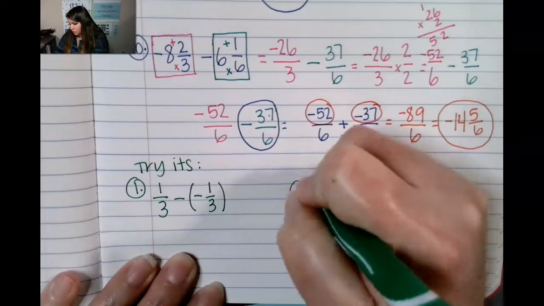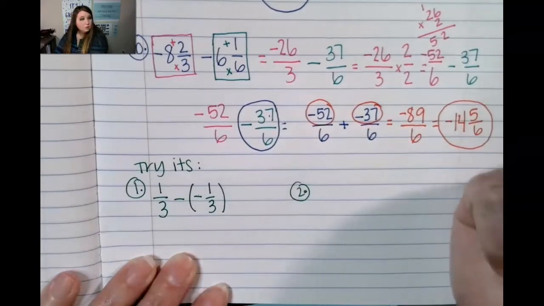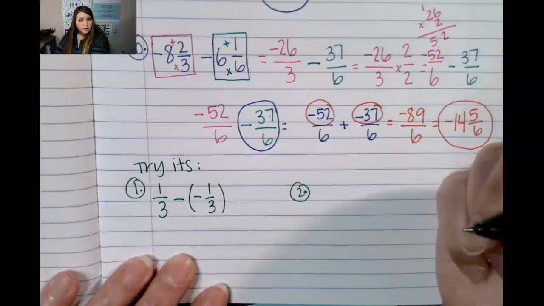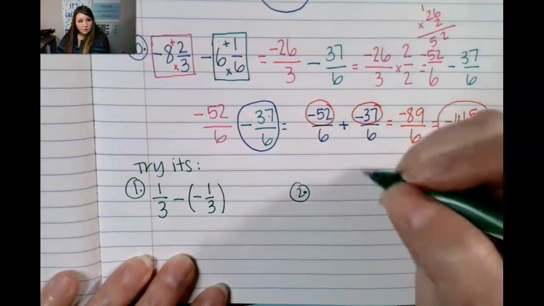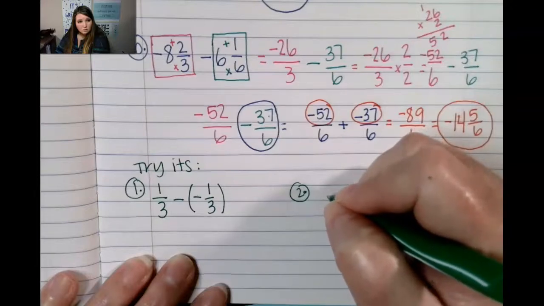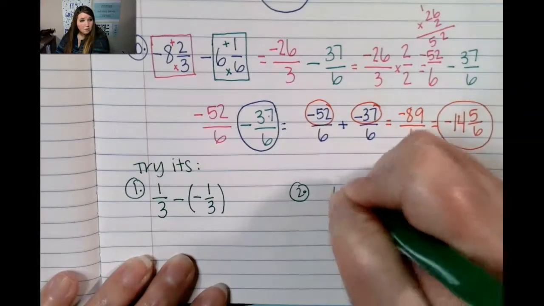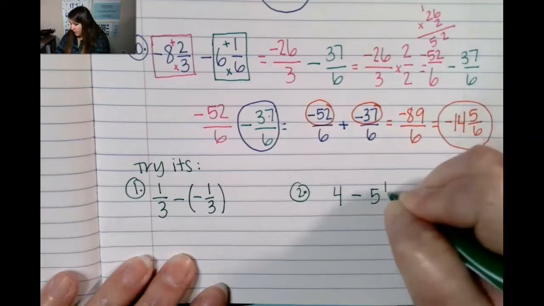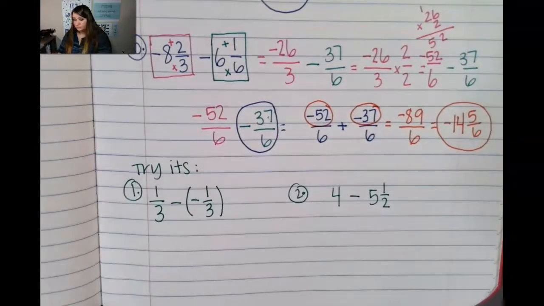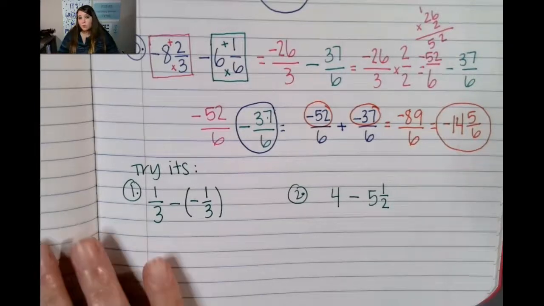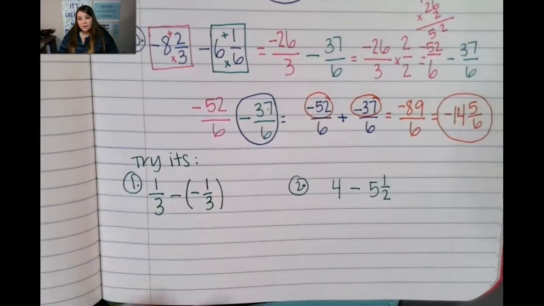And then number 2, try it number 2 has 4 minus 5 and a half. All right, so go ahead and hit pause right now so you don't hear me solving, and then when you are ready, you can come on back and